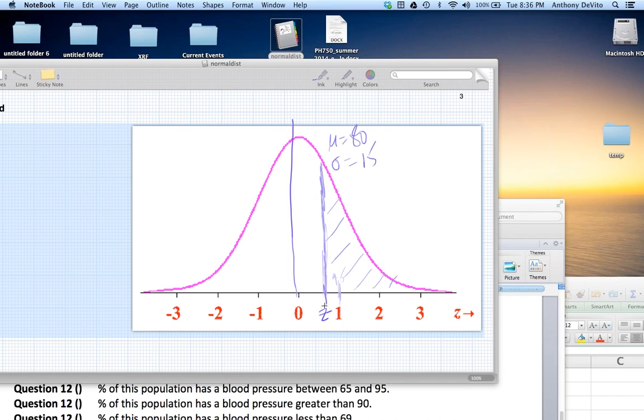So I need to know the z-score. The z-score is the difference between the mean and the value I'm interested in. In other words, z is equal to x minus the mean over the standard deviation, which is equal to, well, x is 90 minus the mean, which is 80, so it's 10 greater than the mean, over the standard deviation, which is 15, so that's equal to 0.66. That's a positive 0.66 because it's on the right-hand side, right? Okay, so,